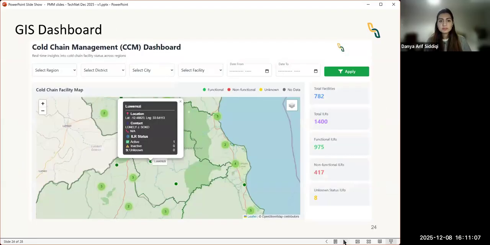Next slide, please. In addition to the CCIS application, our team also developed a dashboard to display the data that is captured through the application in real time. At the very basic level, the dashboard displays key performance indicators such as the total number of facilities, the total number of ILRs, the equipment verification results, and the distribution of the functional and non-functional ILRs across time and over geographies. In addition to these more basic indicators, there are also more advanced features incorporated in the dashboard: a population map, a spider map showing the distances to the various health facilities and centers,